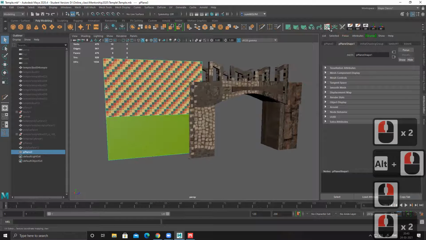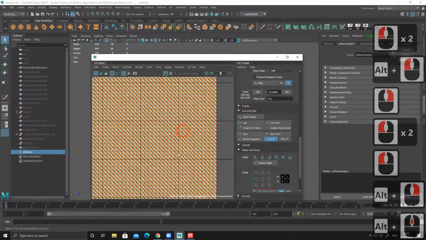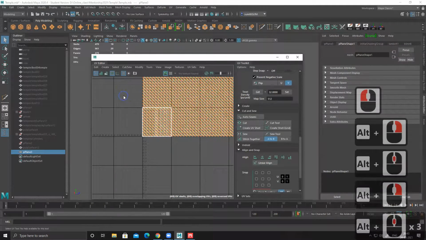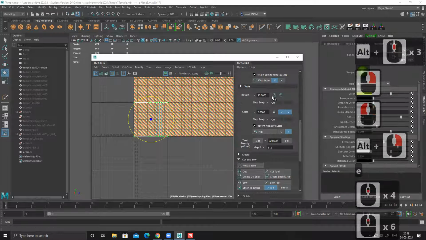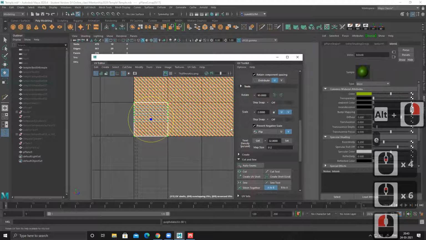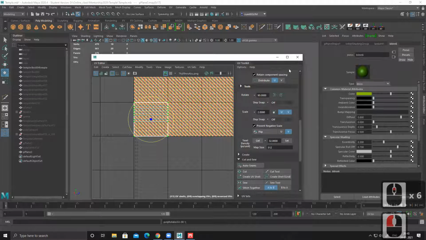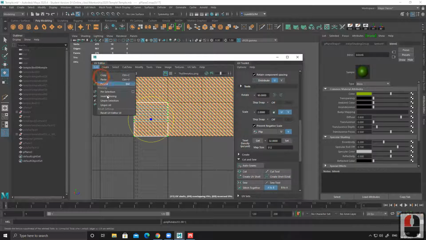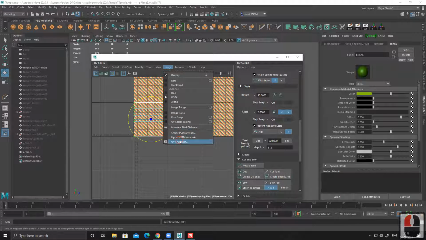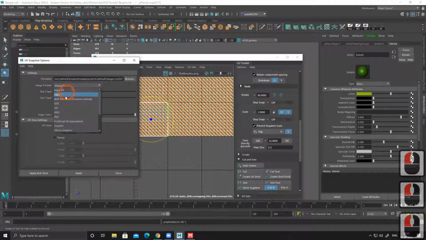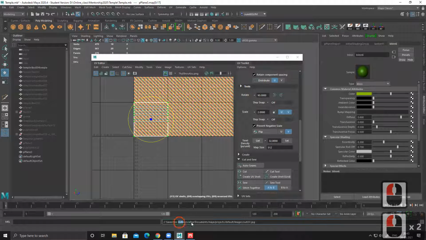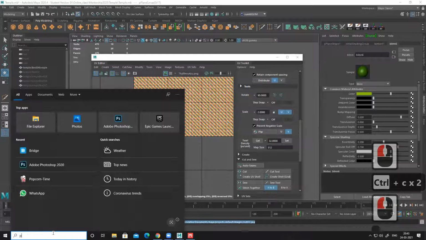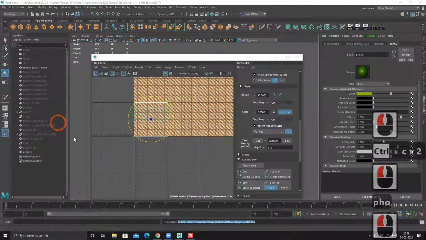If it's not clear, I can show this in Photoshop also. Like you have this thing. So technically, it should be aligned like this. Then go to Image, UV Snapshot, 2K, JPEG, apply and close. And I have saved it here. Copy, Photoshop.